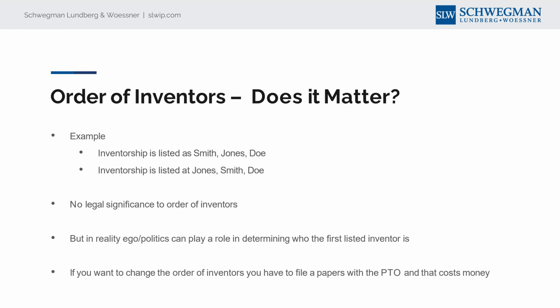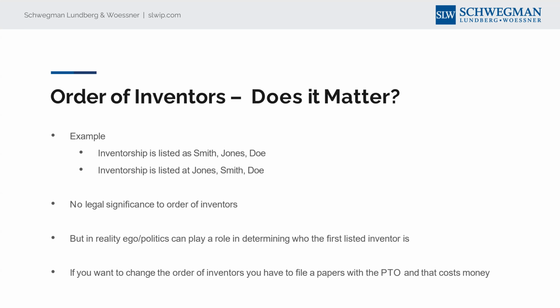Also, when you're listing out the inventors, whoever you list first is who is listed as the inventor on the cover sheet of the application, as when it's abbreviated. So this is where high drama in patent law can come up. If there's ever to be a Jerry Springer on patent law, this typically is where it can get heated.